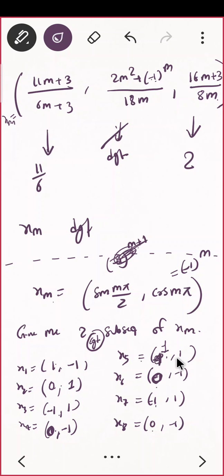x5, it will be minus 1, na? This term. Minus 1 raised to 5, so it will be minus 1, correct? Yes. Okay. So do we see some pattern? 1 minus 1. Where is it repeating 1 minus 1 again? It is in x5. Do we have anything else? 1 minus 1. What about x9?